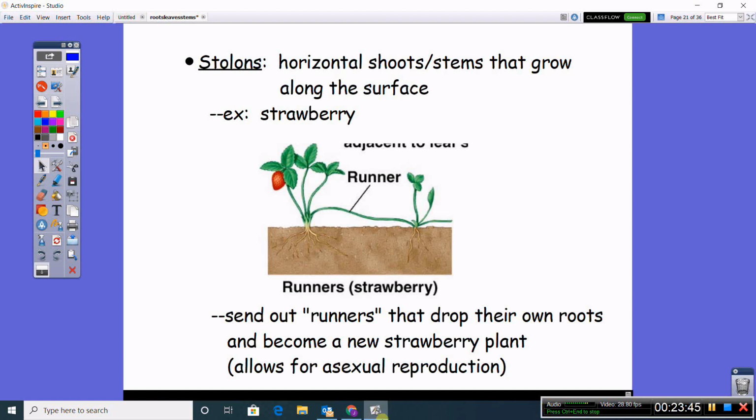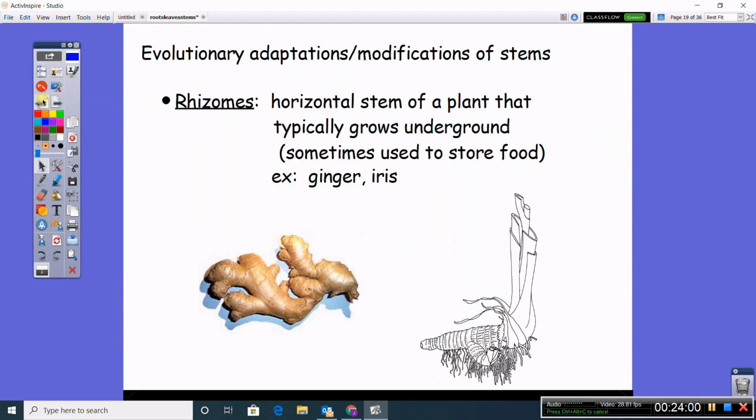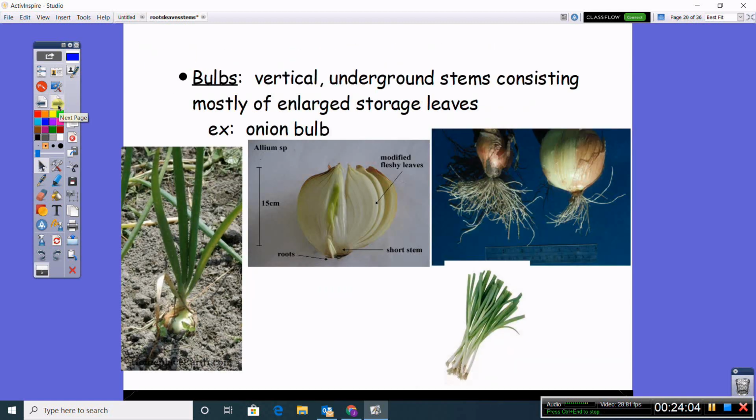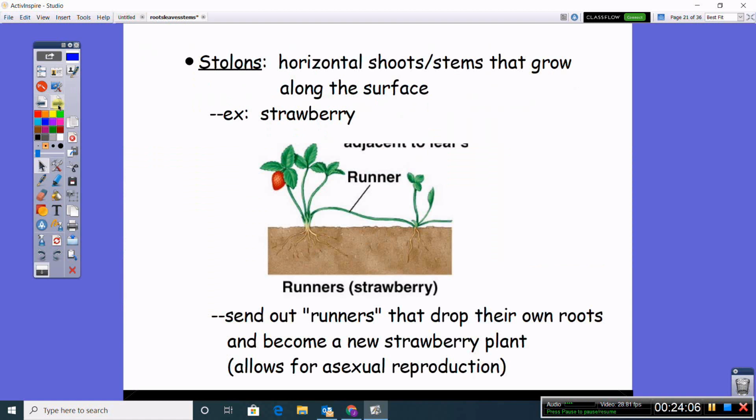So how this works, they send out runners that drop their own roots to become a whole new strawberry plant. And of course, this is asexual reproduction because we're not combining the genetics from more than one parent. So we had rhizomes, ginger and iris, bulbs like an onion or garlic, stolons, which is like a strawberry,